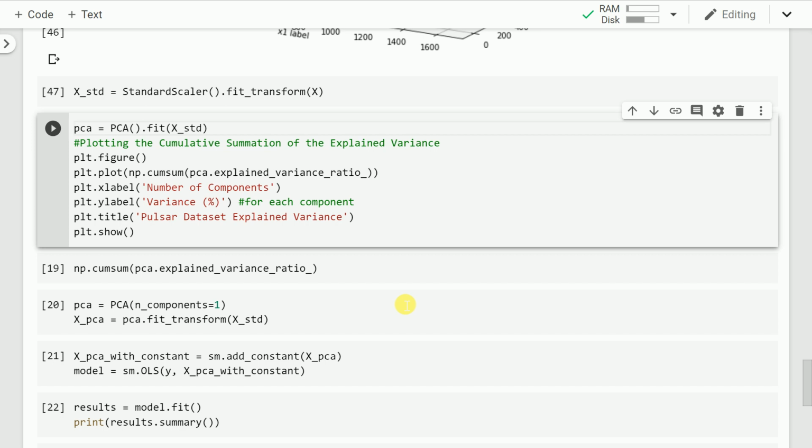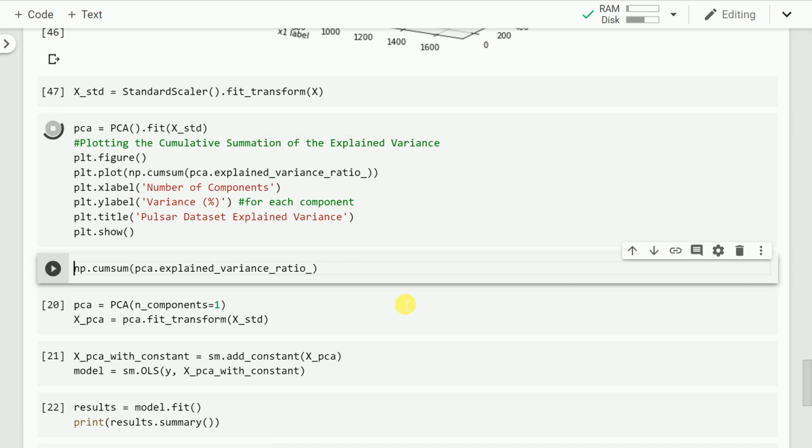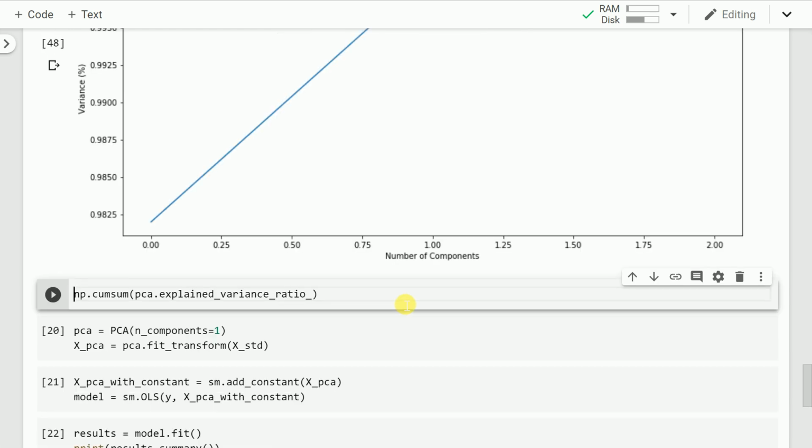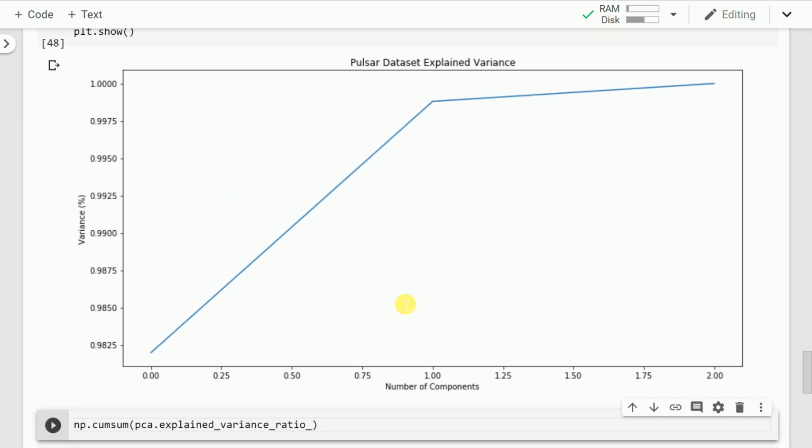Now that I've standardized my inputs, the next thing that I do is I call the PCA function. I fit my feature values, that is my x_standard array. I plot the overall variances explained by each component when I apply PCA. The only difference is rather than plotting individual contributions, I plot an overall cumulative sum of the contributions so that the sum total of all the contributions turns out to be 1 or 100%. As you can clearly see, the first principal component itself gives me a value greater than 0.9975 and the other two values are very small and they add up to a total of 1.